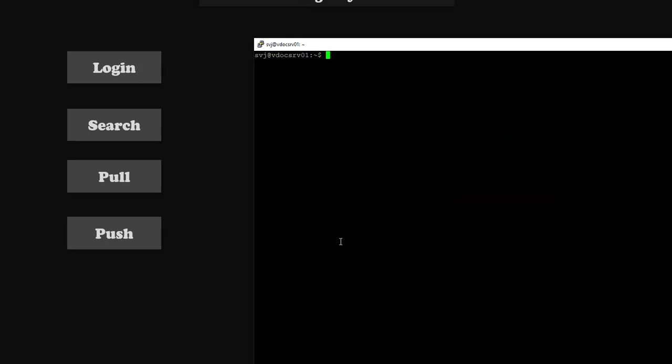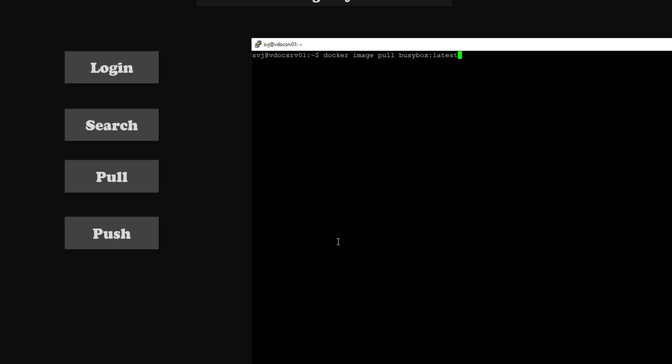So let me pull another image. I don't have the BusyBox, so I will just pull the BusyBox image. Docker image pull BusyBox, and I'm providing the latest tag, so it will select the latest image and download it in my Docker.